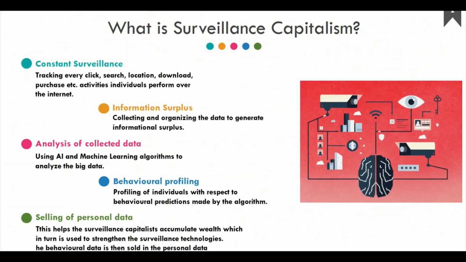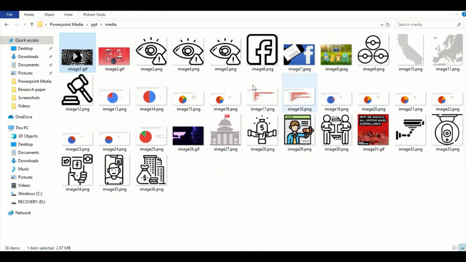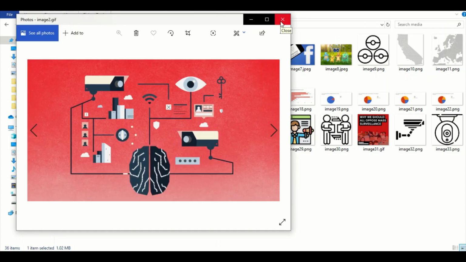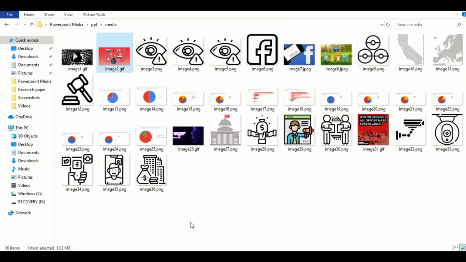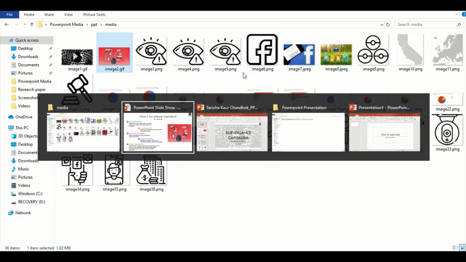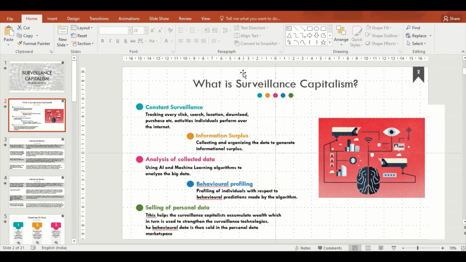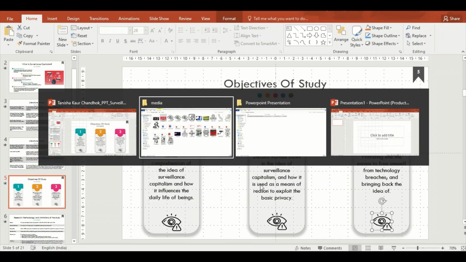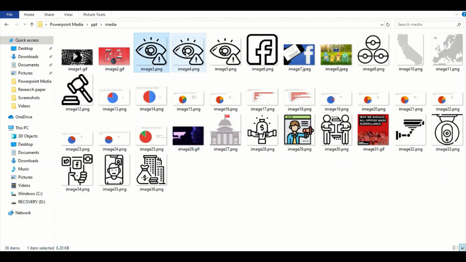Moving on to the second slide, you can see again another GIF is there. Let's move on to this folder and see whether this GIF also is the same as in the PowerPoint presentation. Yes, it is the same. Now we can see that there are three icons. We can now just exit the slideshow mode as it isn't required anymore. Moving to the fifth slide, you can see there are three separate icons used which appear in the images folder as well.